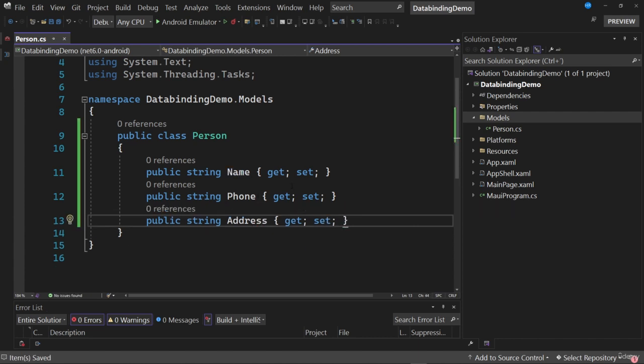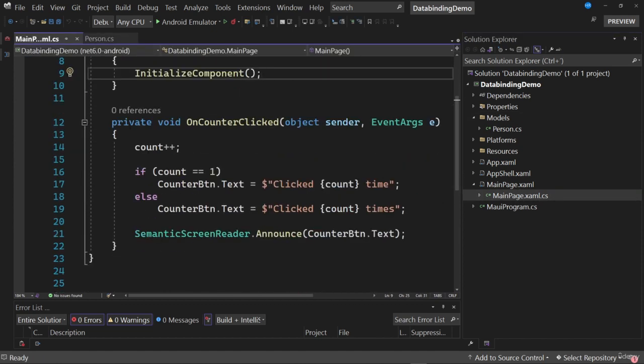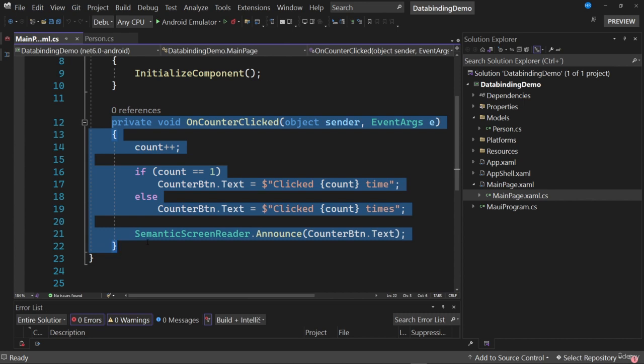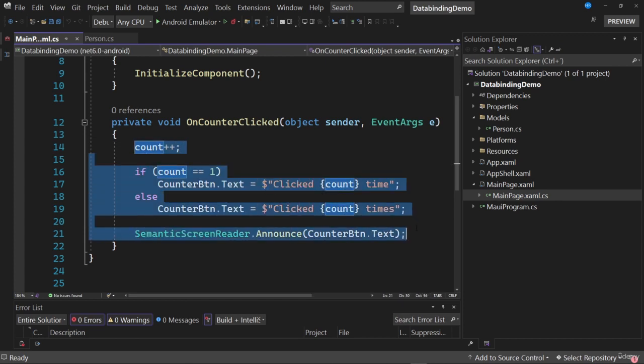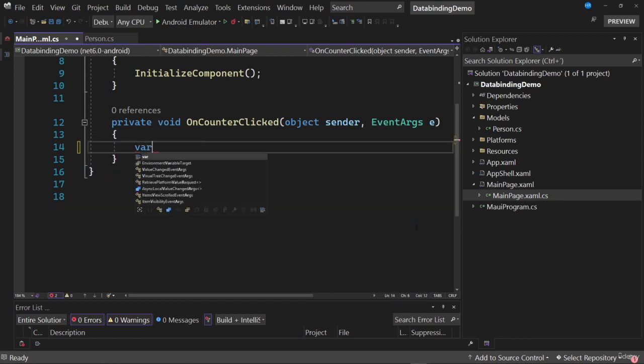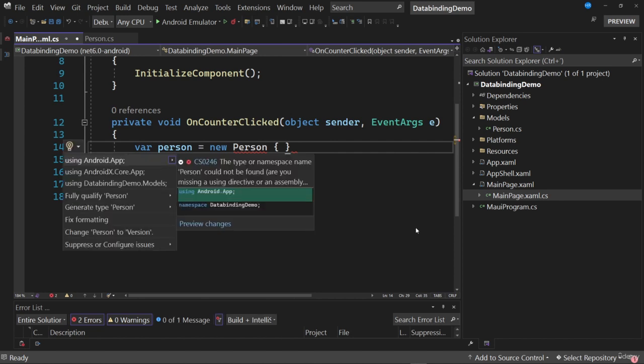The next step is to go to the code of the initial page, that is the file MainPage.xaml.cs, and we see an event handler that is linked to the button that we have already seen multiple times. We're going to remove this content to take advantage of the event handler, and we're going to create a new instance of the class that we created, which is the Person class. We're going to import the namespace that is needed to not have any problems. That is, this namespace